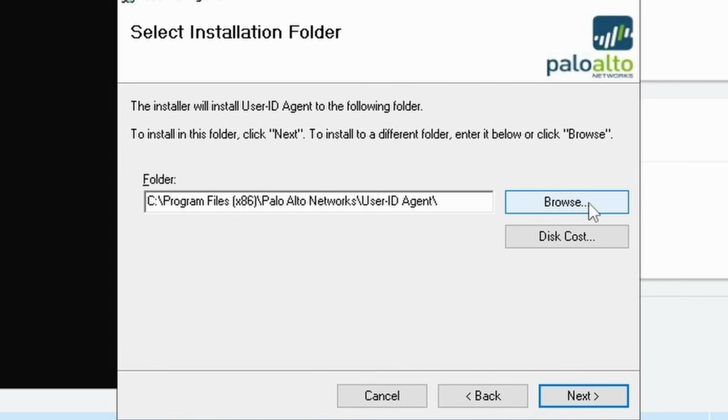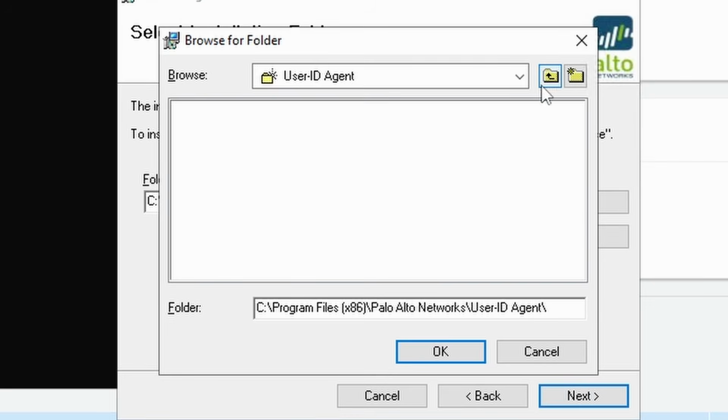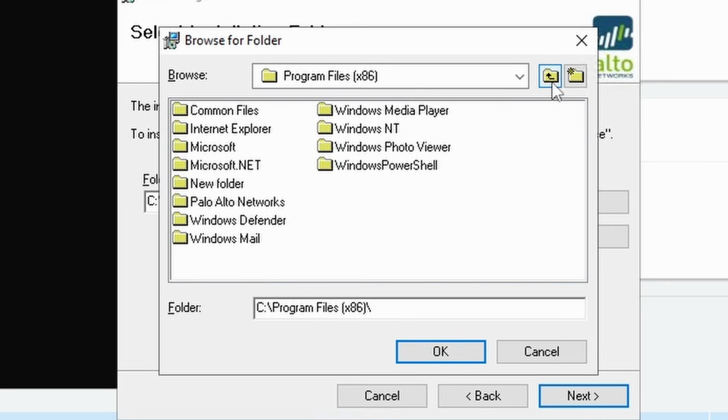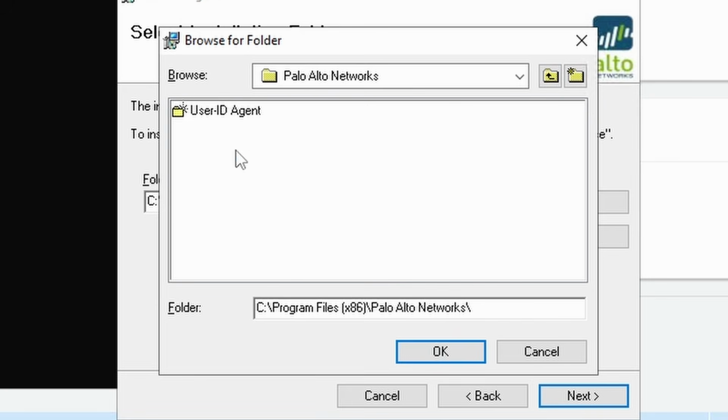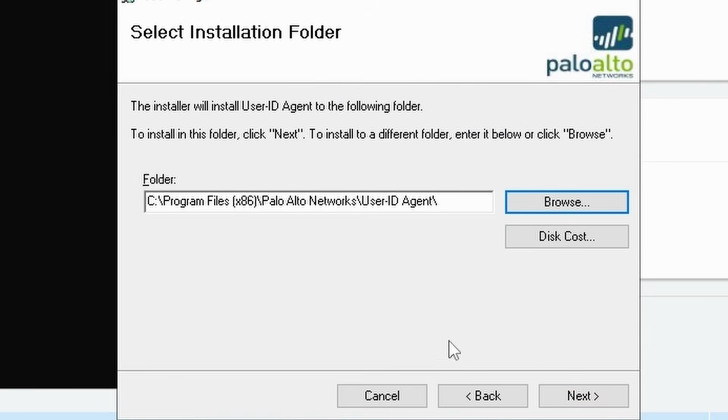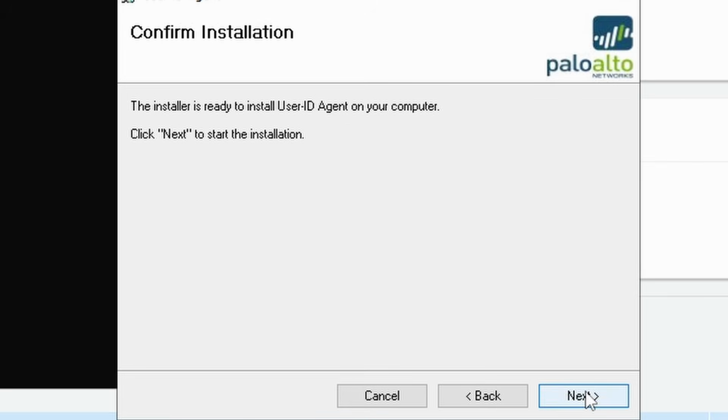Here I'm gonna go to browse and see if it really got the correct, yeah, this is the one, Palo Alto Networks. So we created a user ID agent folder inside my Palo Alto Networks. This is correct. So I'm just gonna click OK. I just wanted to be sure now that it found the correct folder that we created before. Otherwise, if it was creating a new folder, our SA user wouldn't have the correct permissions for this folder, user ID agent. Click on next,